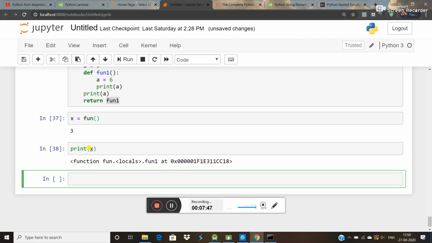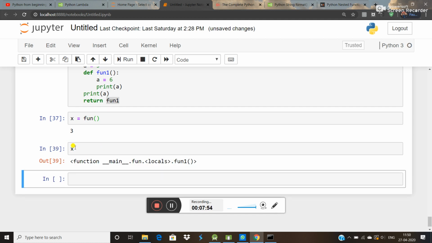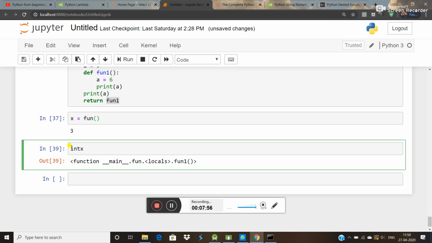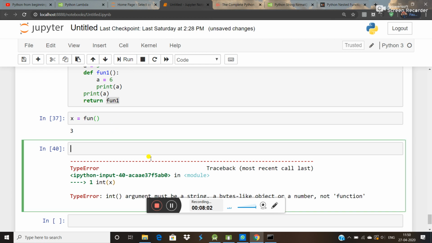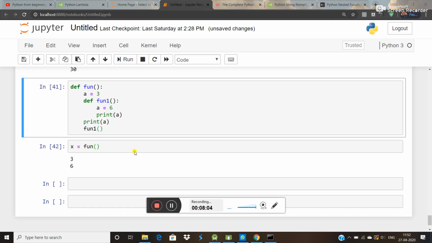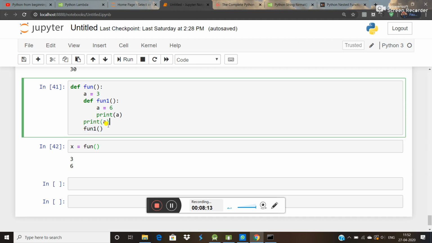Okay, there is an error. Sorry, wait for one minute. Yeah, so you can do one thing here: call this function here, don't return it. So like this we can do these things.